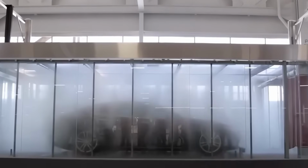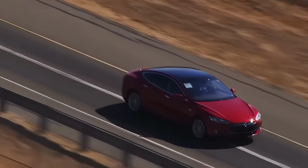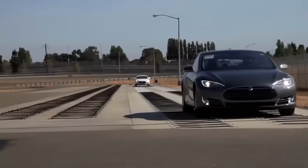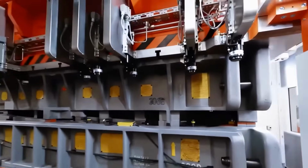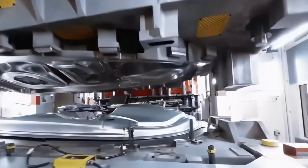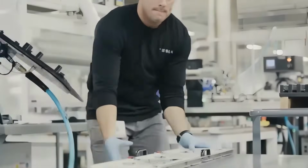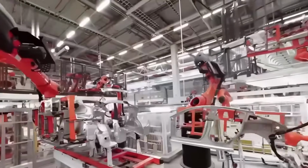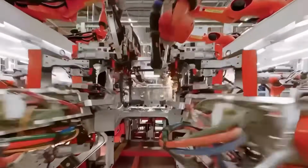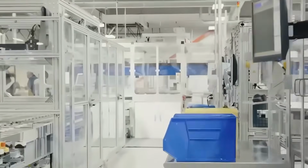All of this innovation, structural batteries, 4,680 cells, gigacasting, and software-first factories converges into a clear strategic objective: build more cars, better and faster, with fewer people and lower capital costs per unit. It's not about squeezing the last drop of efficiency from legacy systems. It's about replacing those systems entirely. And the boldness of that approach is why Tesla's manufacturing story remains one of the most closely watched industrial transformations